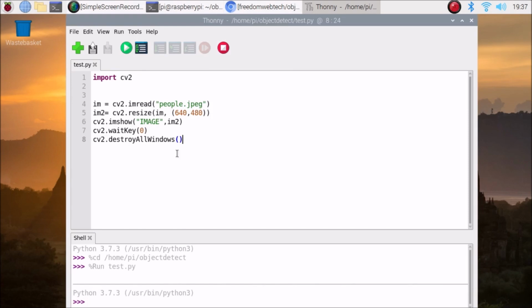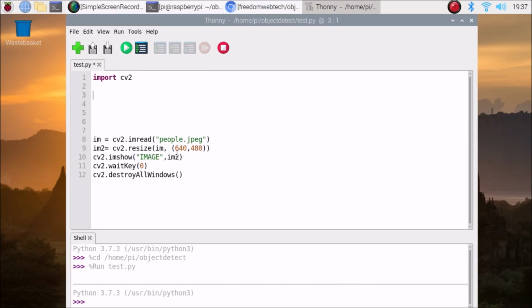cvlib. Here we are going to first import the module. So import cvlib as cv.